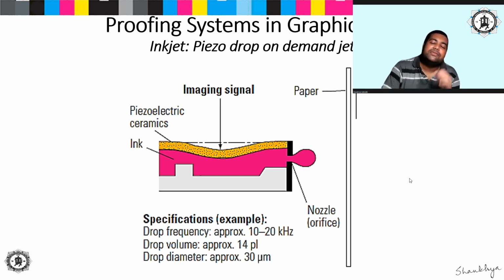Like in the previous one, we were seeing in the thermal one that due to the vapor chamber created by the vaporization of the ink due to the heat coming from the heating element, the pressure is generated and the ink is forced out through the nozzle. Here, the deformation in the shape of the piezoelectric crystal will basically determine this. See, whenever the piezoelectric crystal receives an imaging signal in the form of electric voltages, it undergoes this deformation, and this creates a pressure in the ink present in the ink chamber, forcing a droplet of ink to come out from the nozzle.